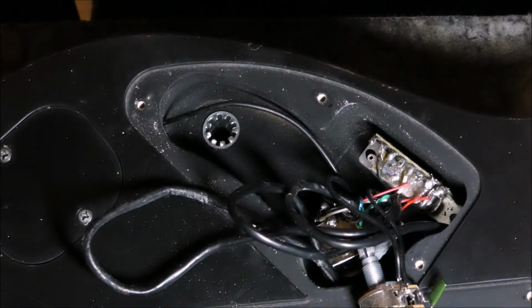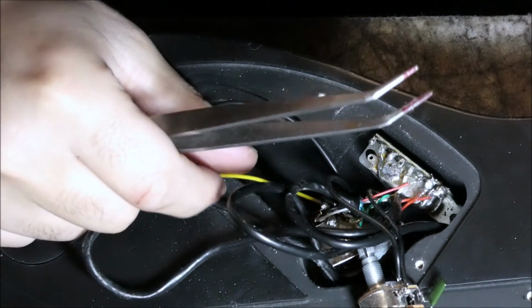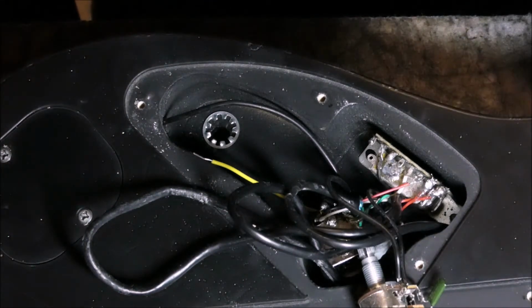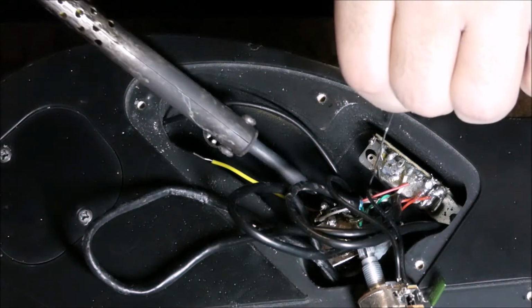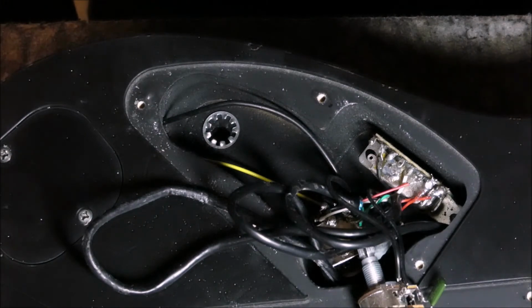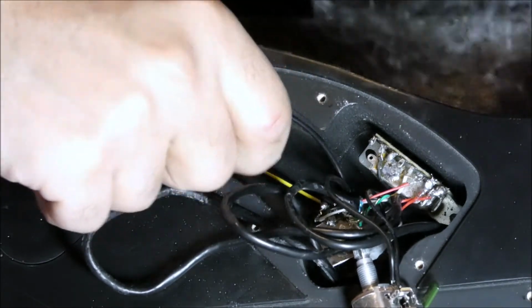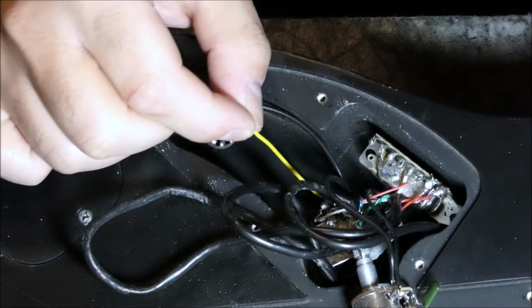So at this point, you really gotta rely on your visualization. Okay, beautiful. So this wire now is directly connected to our output. Okay, now